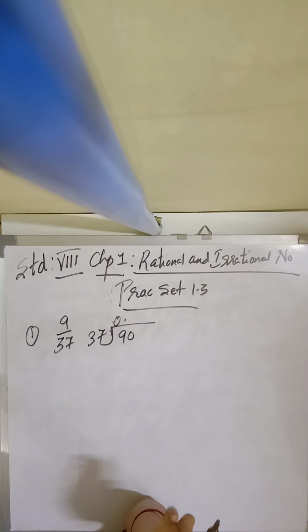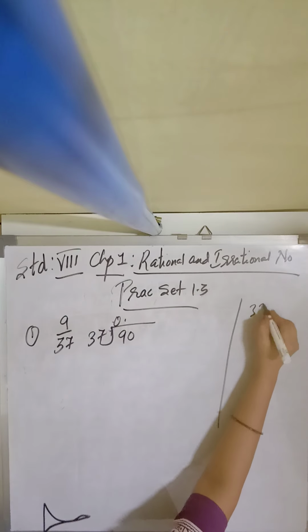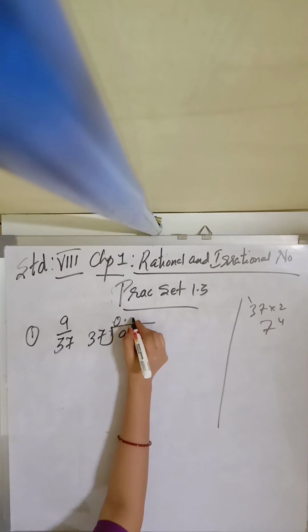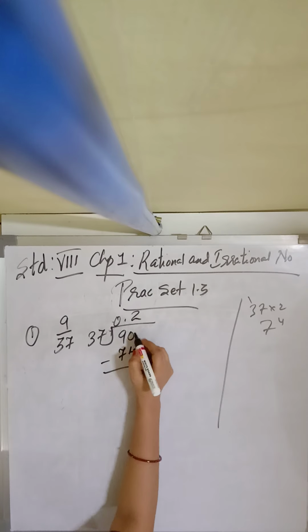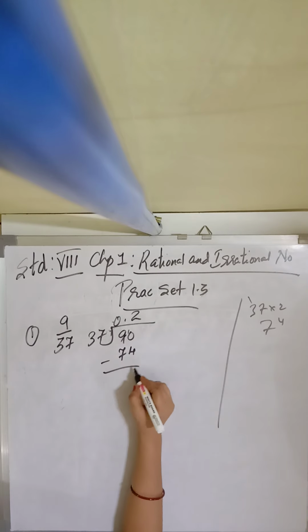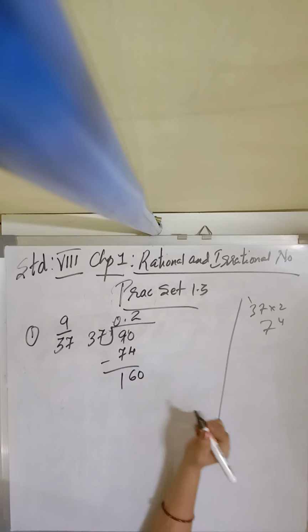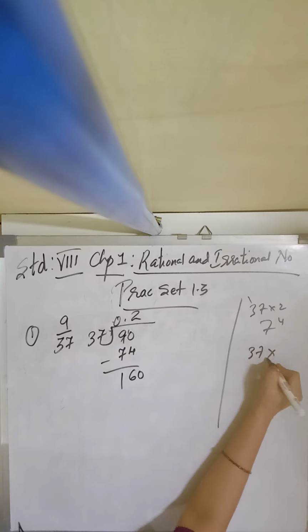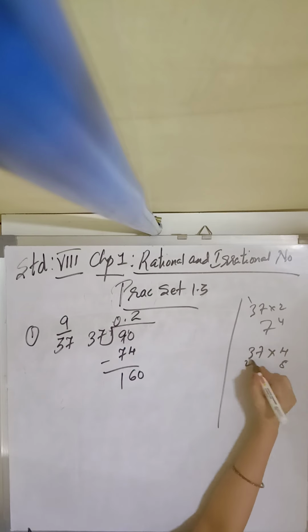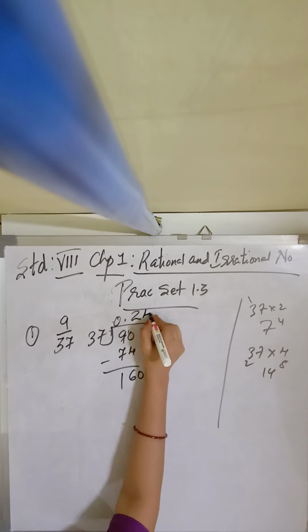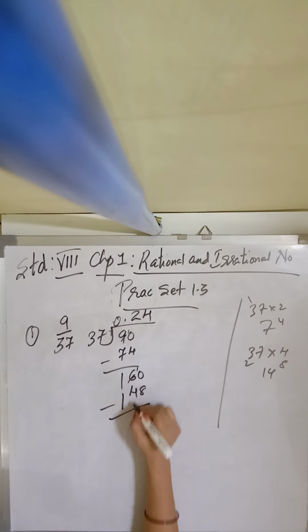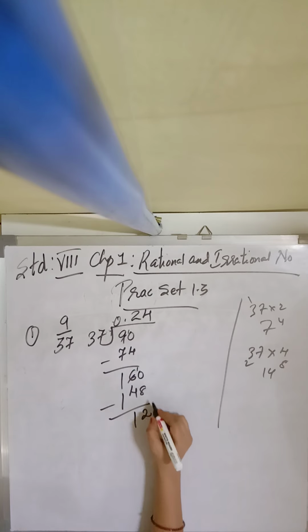Okay. Now 37 ones are 37, 37 twos are, what will be 37 twos? You can multiply here in the rough, 37 into 2, 2 sevens are 14, carry 1, so it is 6 and 74. So 7 twos are 74. Now 10 minus this will become 6, 8 minus 1, again 0. Now 37 threes are, 4s are, so you are going to multiply. So 37 into 4, 4 sevens are 28, carry 2, 12, 13, 14, so 148. So 4s are 148. That means this is 2, then 5 minus 1, this 1, and 1 minus 1, 0, again 0.